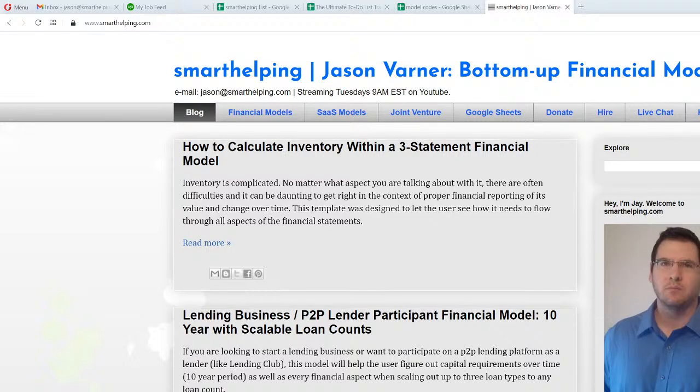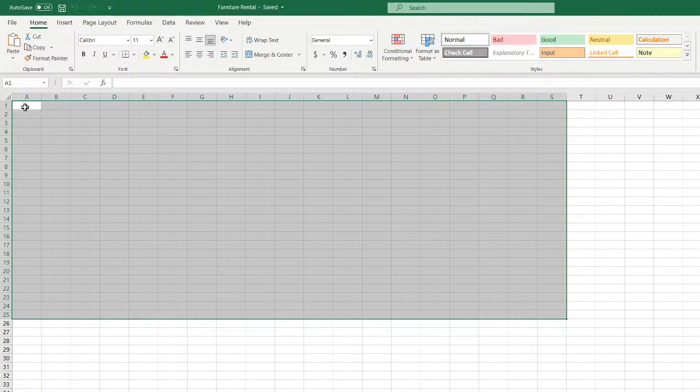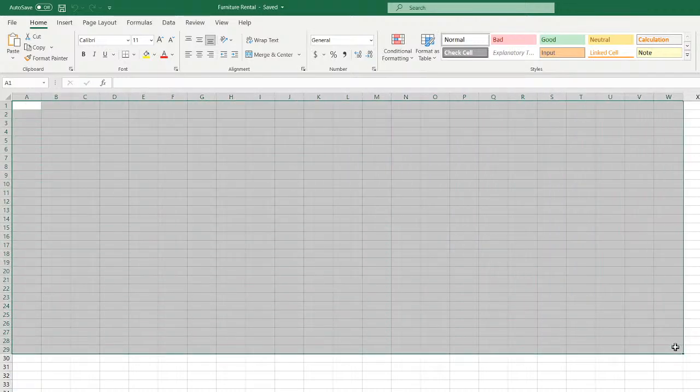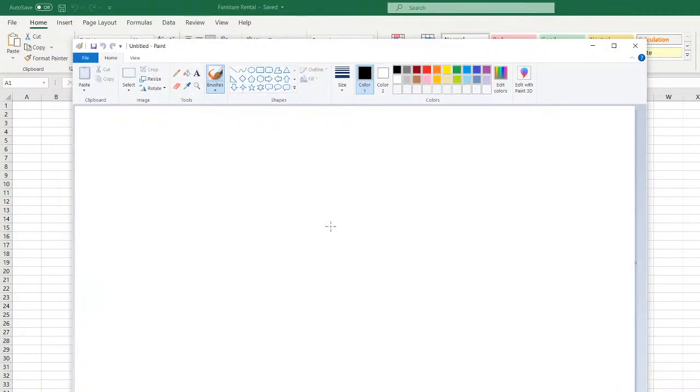So, what I'm going to do today, starting from scratch, blank Excel sheet, is we're going to get into the furniture lending business. So, furniture lending, let's think about it. At the most basic level,